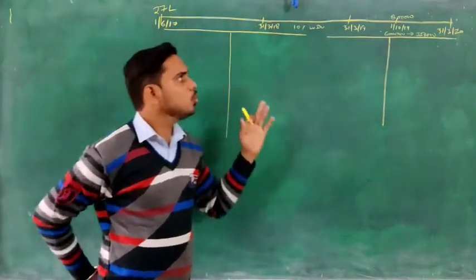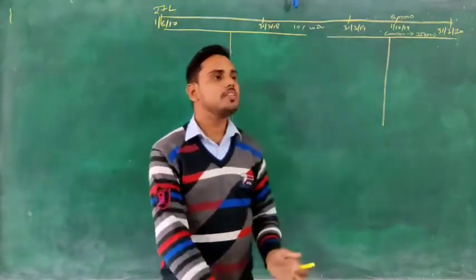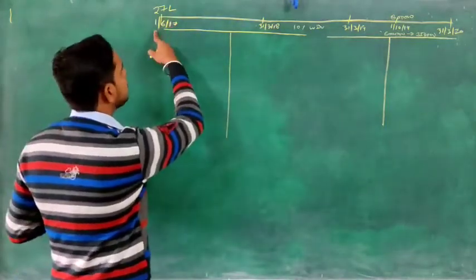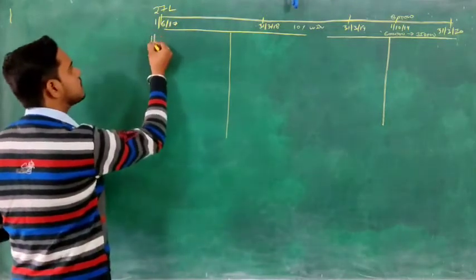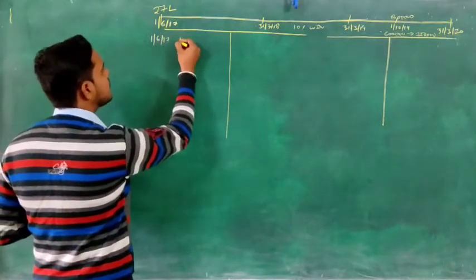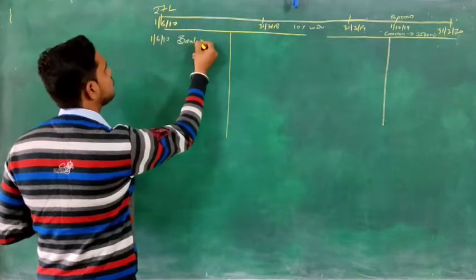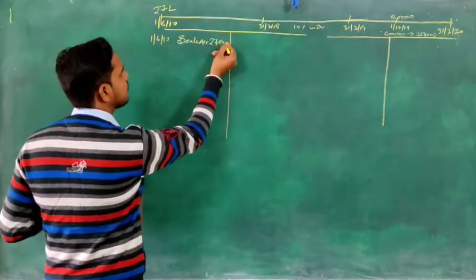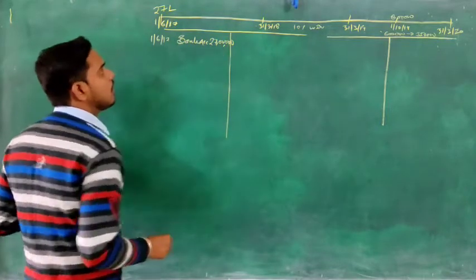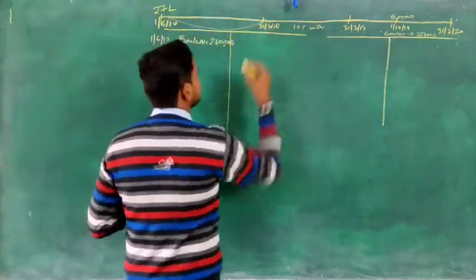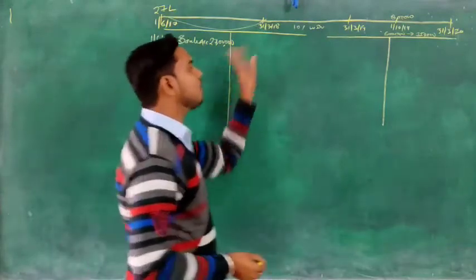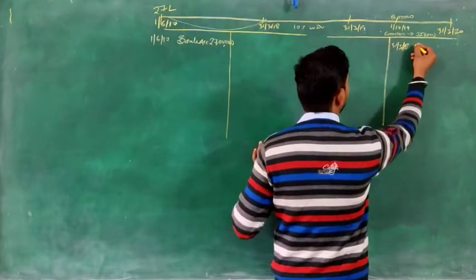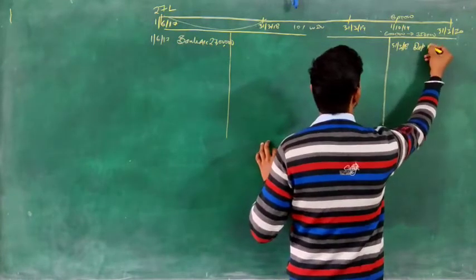Okay, so let's do till 1st October with the second method. So on 1st June 2017, we are purchasing, so we will write here 1st June 17 to bank account, and we are purchasing for 27 lakhs, so we will write 27 lakhs. Okay, now till 31st March 18, there is no transaction. So on 31st March 18, you will charge depreciation. You will write: by depreciation account.